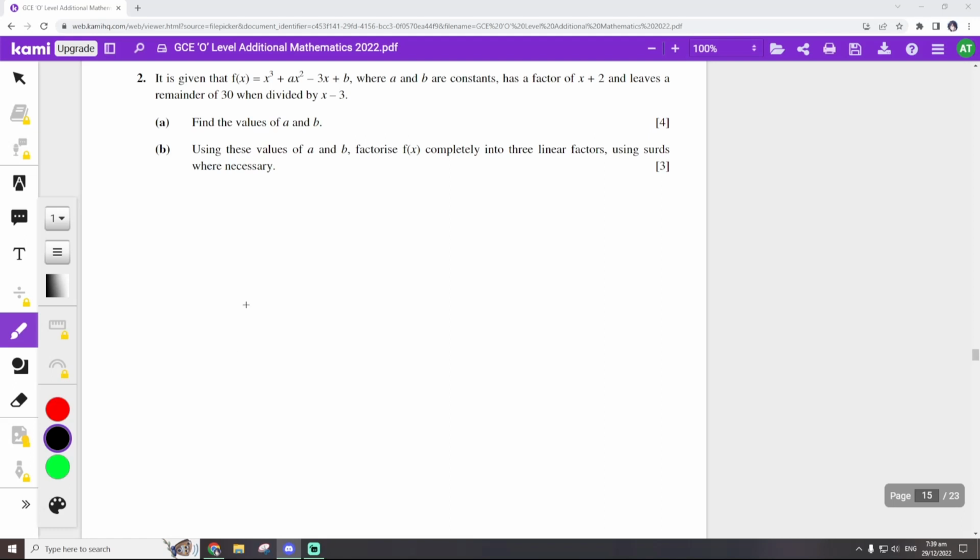It is given that we have this function which is a cubic polynomial. We have a factor of x plus 2 and leave a remainder of 30 when divided by x minus 3. This is a very standard question for the first part. If I have a factor of x plus 2, that means if I put f of minus 2 here, I will get minus 8 plus 4a plus 6 plus b, which is 4a plus b minus 2 equals 0